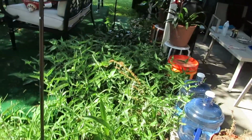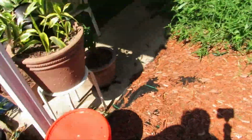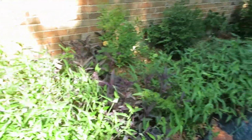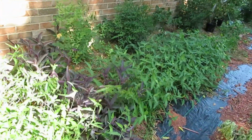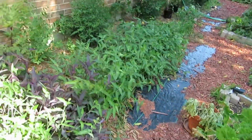this is all grown up to be a jungle. So has this. We have cleaned this out. Yeah, guys, we put weed barrier paper down, and as you can see, it still came up. So